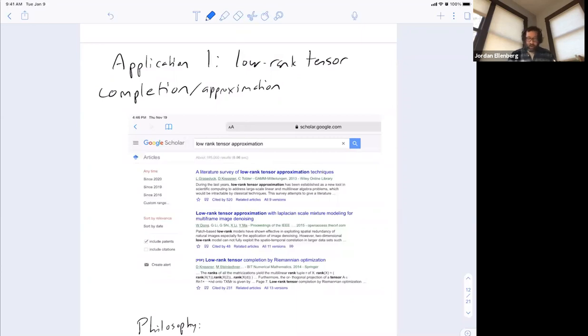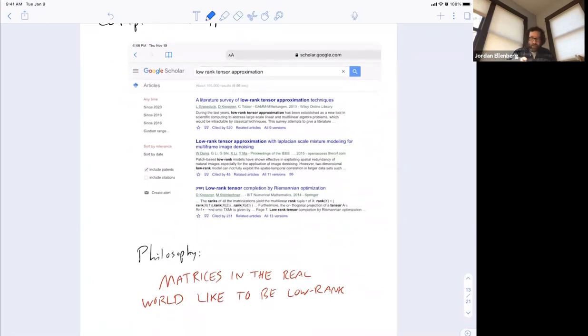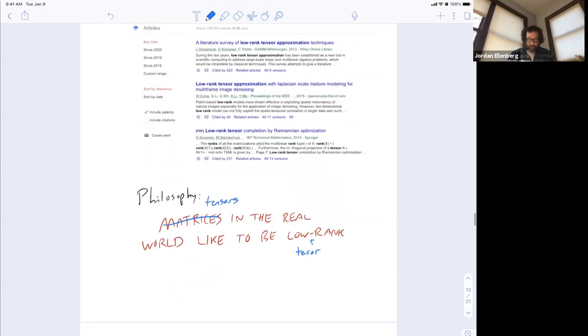So what's the philosophy? Okay, remember this philosophy? I copied it from the old slide. Now I'm just going to change it. So instead of matrices, let's say tensors in the real world would like to be low rank. And maybe I'll say low tensor rank, because this notion of slice rank is pretty new, and we don't know yet whether it's useful for data science. So usually the people in the data science community who think about this are talking about tensor rank. But the problems are very much the same. You have something that you measured,